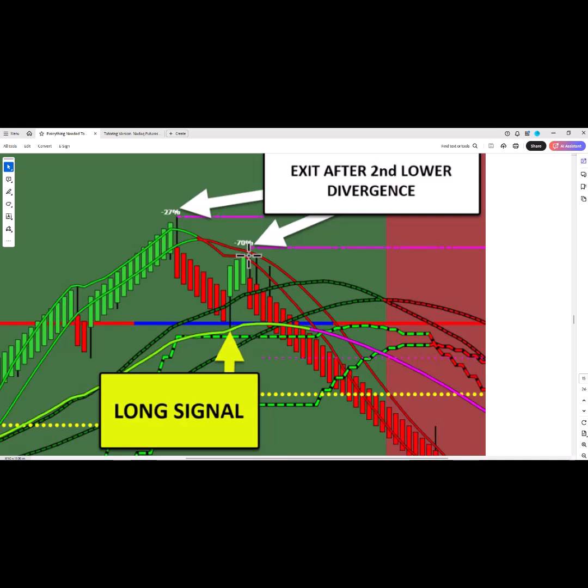And if you get a lower divergence, which will happen down here, where are you in relationship to your small triggers? Small triggers run the show, guys, if you haven't figured it out yet. If you're on the wrong side, get out. Don't lose a bunch of money, because you'd probably be long from the area, give or take,